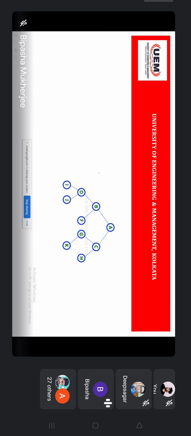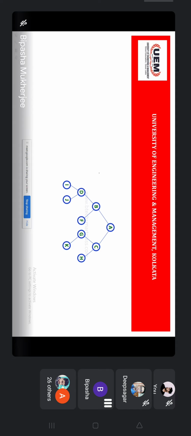And in case of in-order, first you are covering the left side of a node, then you are processing the particular node, and then you are going to the right side. Things will be the same. And in case of post-order, first you complete the left side, then you complete the right side, and then you complete the visiting or the processing of the node, that will always be the same. So those things are not going to be changed.